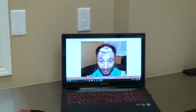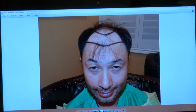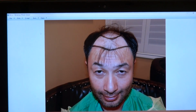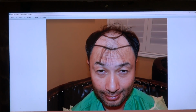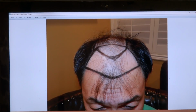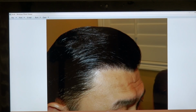I'm going to show the audience what Chris looked like again, just to recap and to have an understanding of what his hair was. And that was him before surgery, and that was his journey, surgery day. And he had a couple straggles of hair, but pretty much class 6 hair loss pattern. And a year later, I mean, you look so much younger. And front view, right hand side, and you see he's standing front all the way toward the back. Right hand side, left hand side,